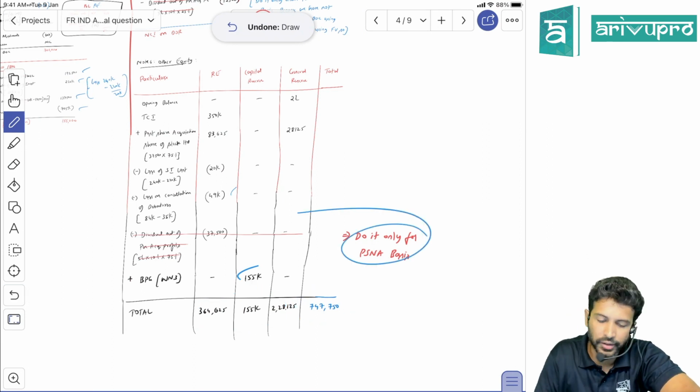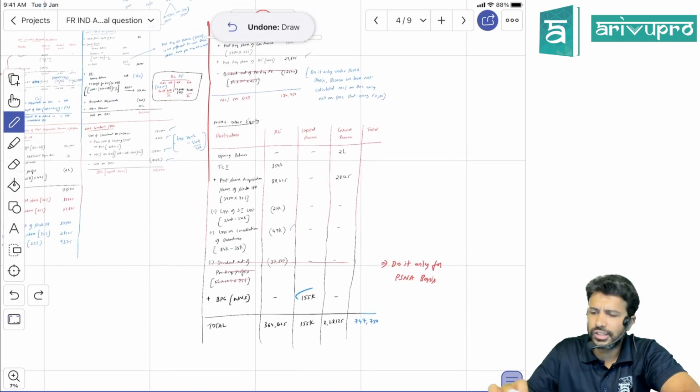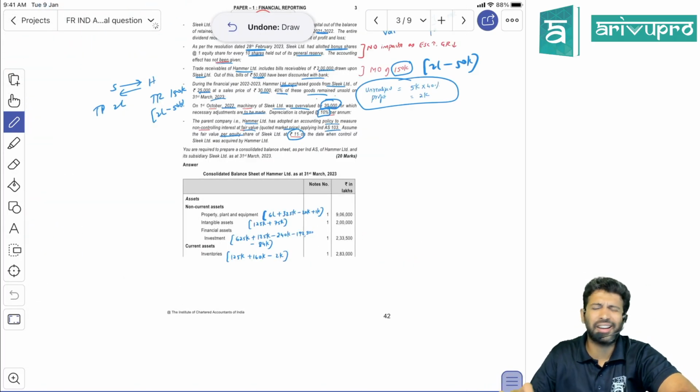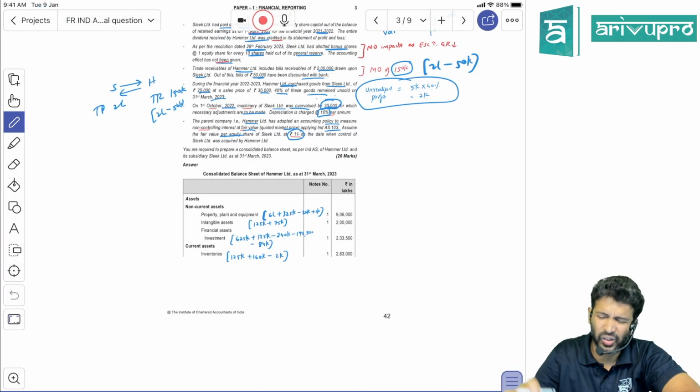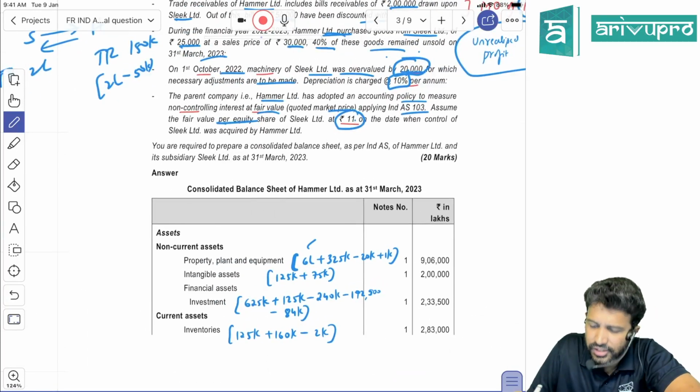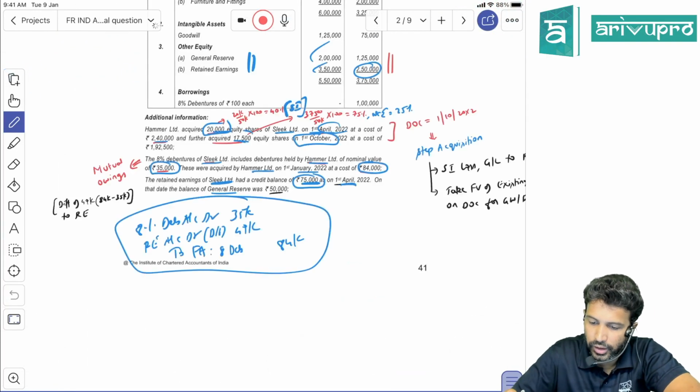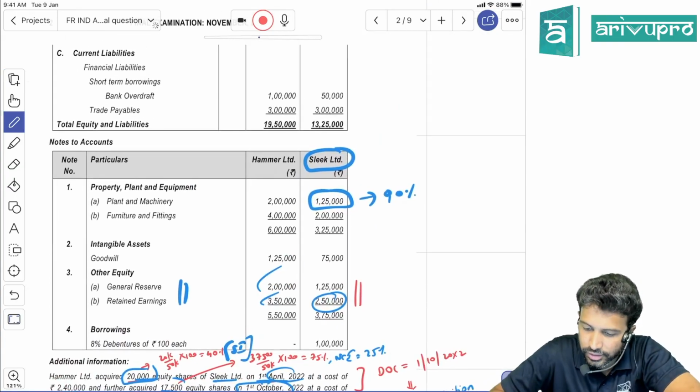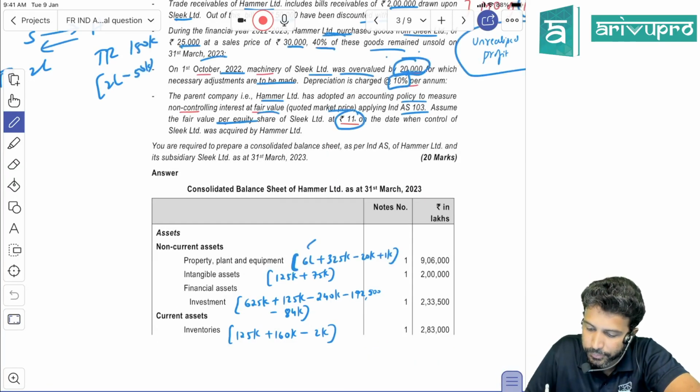Okay, sir. So I've written the comments. If you do this right, then the final consolidated balance sheet is very, very straightforward, sir. Okay, how is that? Simple. This is parent's PPE. If you want, I can show you the question also. Parent's is this one, total will take 6 lakh, and subsidiary's 325, which we have taken.